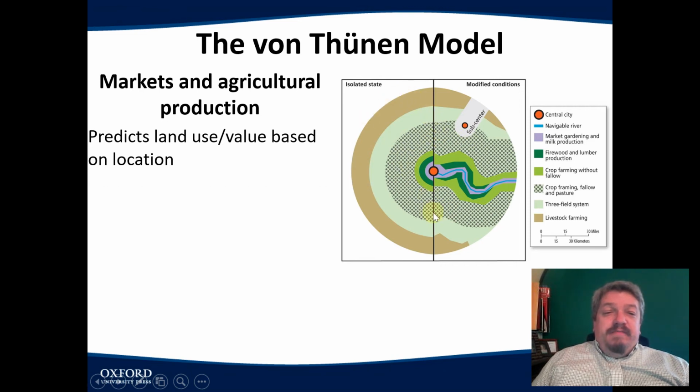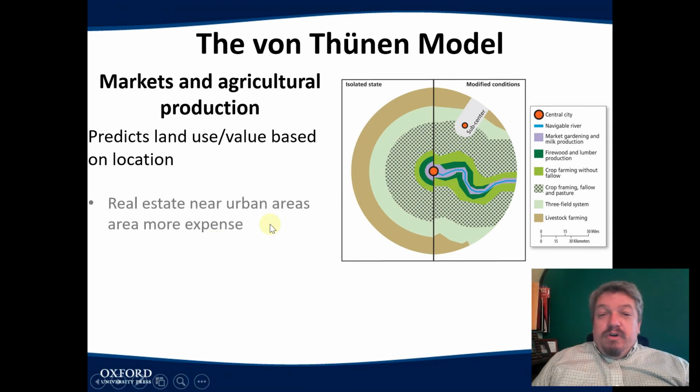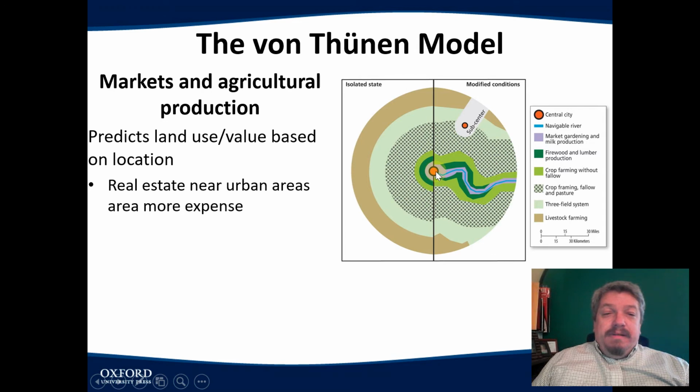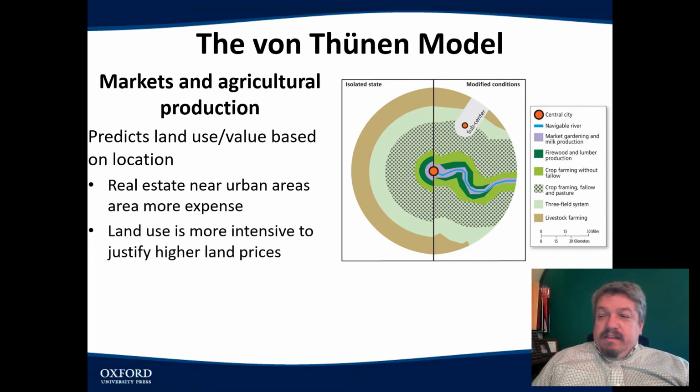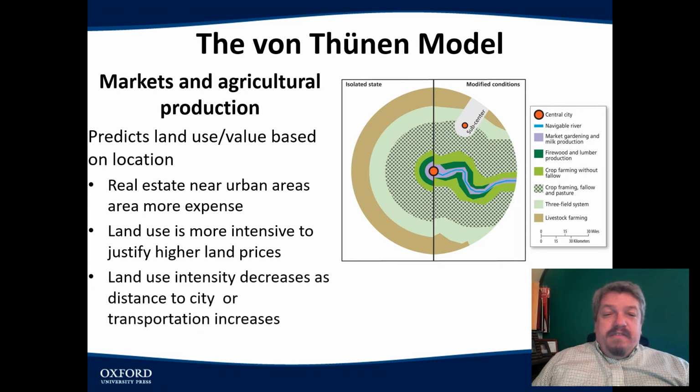So this is a predictive model. This isn't an actual city. And what he said was that the closer you got to the middle of a city, this urban center, the more expensive land would be, which means that the land use would be more intensive to justify that cost, right? And that the further you got from the center of the city, the less expensive the land was, so land use would drop. So this is talking about farms, but let me put this in terms we can understand.